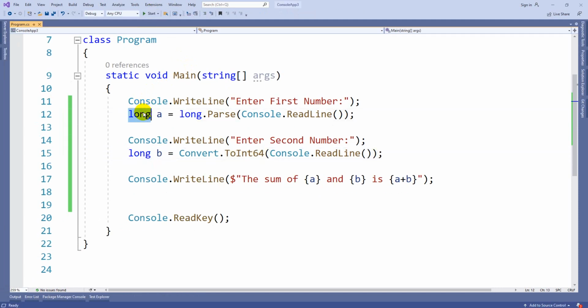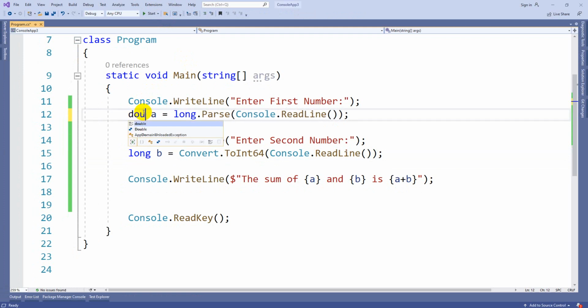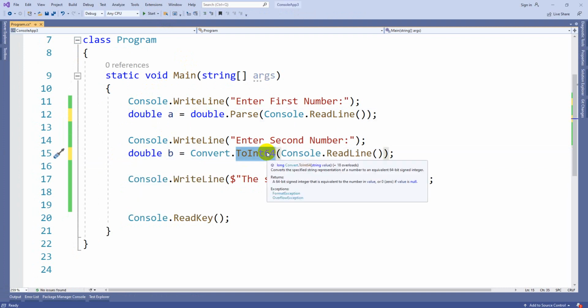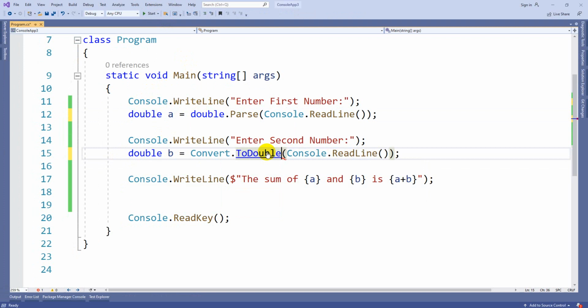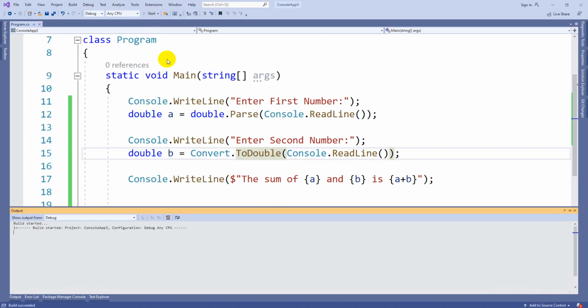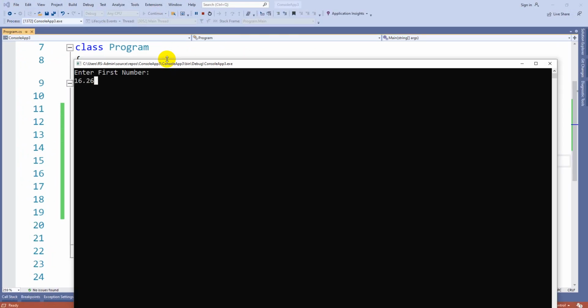If it is a float or decimal or double value, we use double a is equal to double dot Parse, and double b is equal to Convert.ToDouble. Like that you can use decimal values.